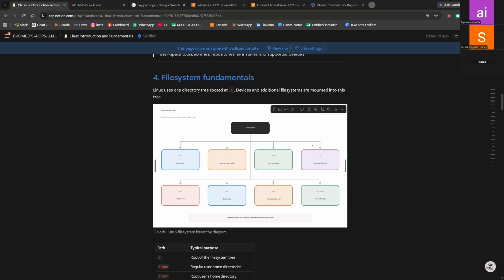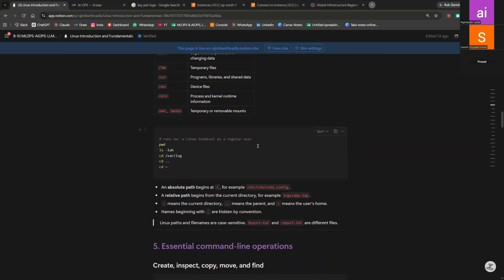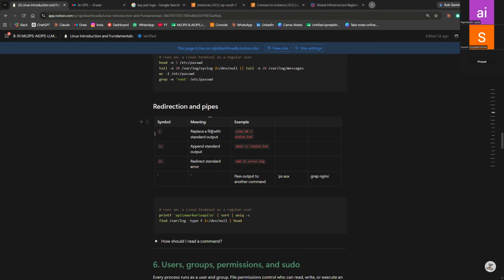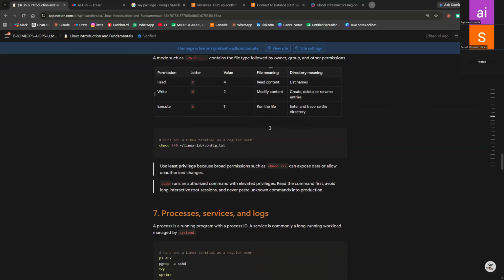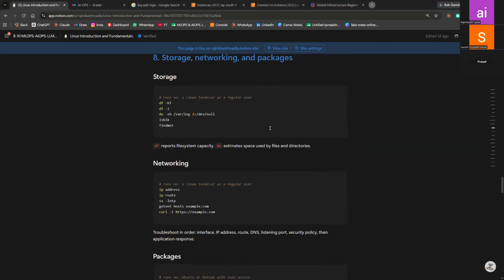If you have an understanding, that's fine, but you can read it from the notes, like home, root, etc, var and all. You see mkdir, cd, pwd, cp, cat, all the basic commands I have given already. I'll still upload a complete command sheet with neat and clean commands. You might go through it, sir.